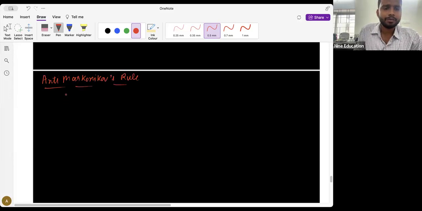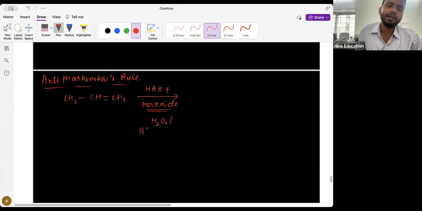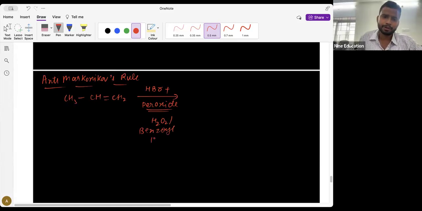What is the anti-Markovnikov rule? Let's say we have CH3-CH=CH2 and I put in this reaction HBr with peroxide. If I put peroxide in the reaction, let's say H2O2 or benzoyl peroxide, what will happen? H positive and Br negative are not formed in this. If I use peroxide,